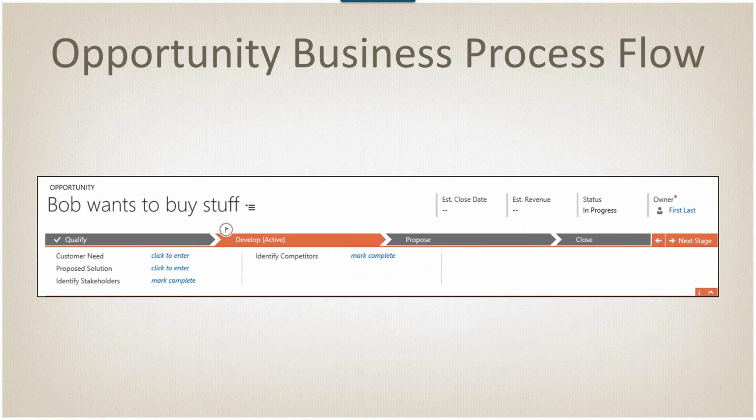If I moved backward to the qualify stage, what that will actually do is it will open the lead that this came from. That's how this was created. So the qualify step of this specific business process flow is actually the qualification of a lead. Okay, there's actually 2 that ship with CRM 2016, a standard one and one that came from the lead. So if I actually click the previous stage arrow, it will actually open up the lead